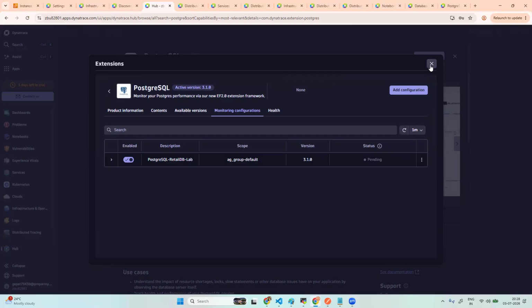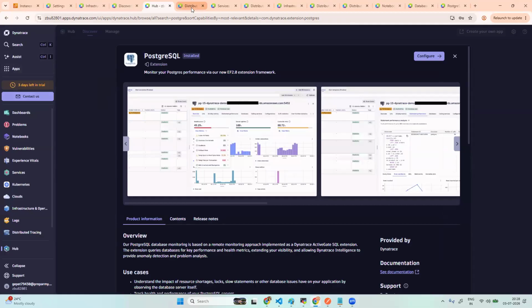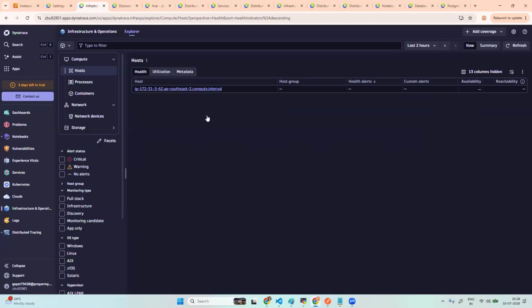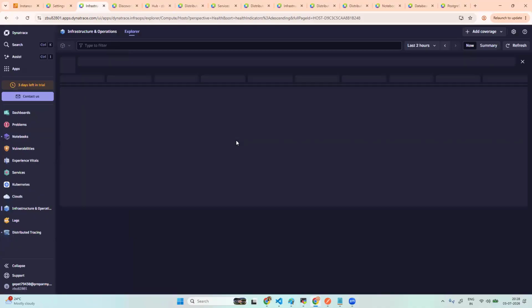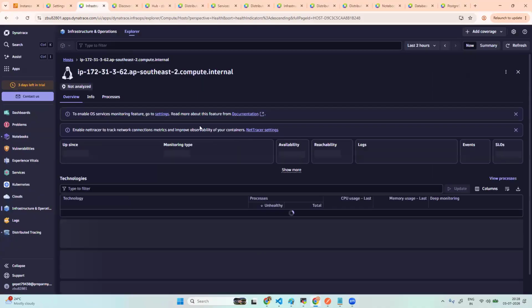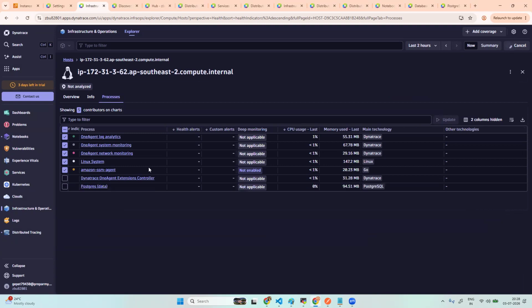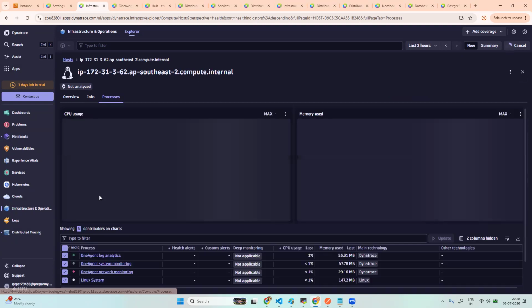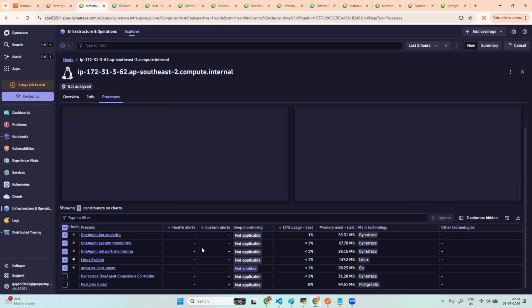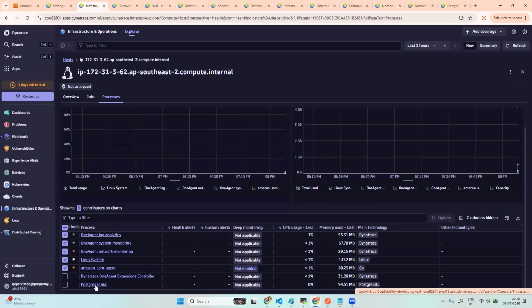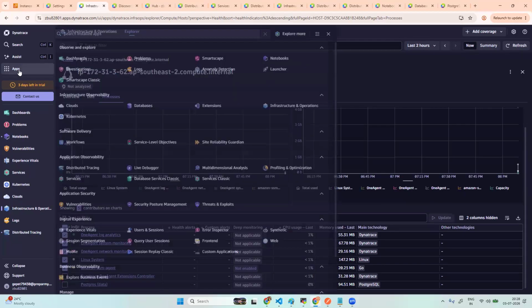Now nothing is getting monitored because the plugin has not been applied. If you go to the host page and open this, you can see the process. There will be one database process, Postgres. That's it. If you go to the database page,